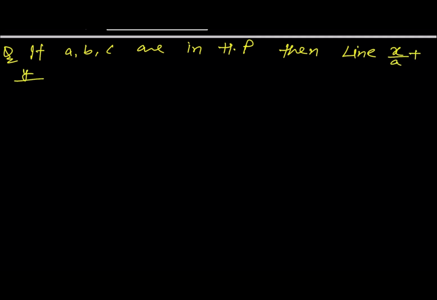The question is: if a, b, c are in HP, then the line x/a + y/b + 1/c = 0 is always passing through